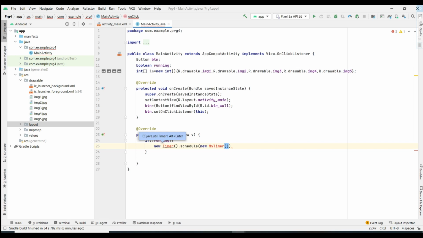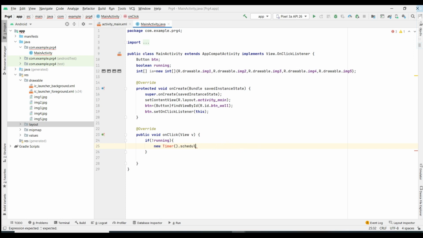the object of the class, that is my timer. We are going to make use of that within a few minutes, so I will explain that. I'm just going to create an object of my timer class, and this schedule is going to take 2 or 3 parameters, depending.